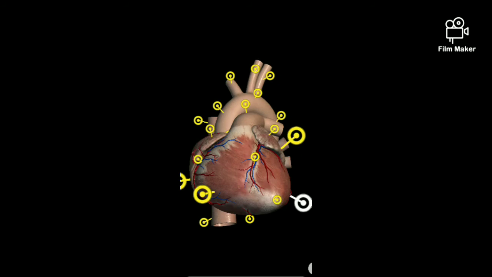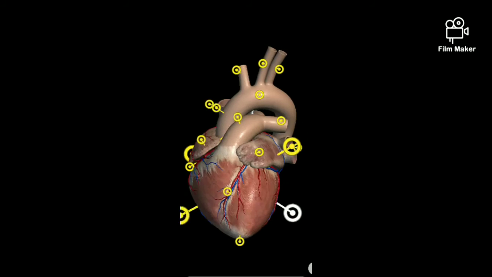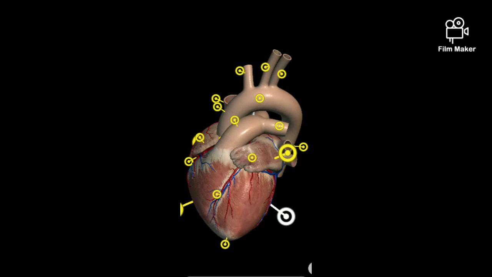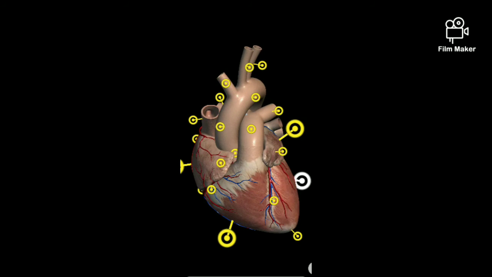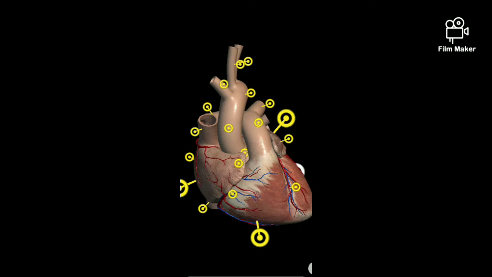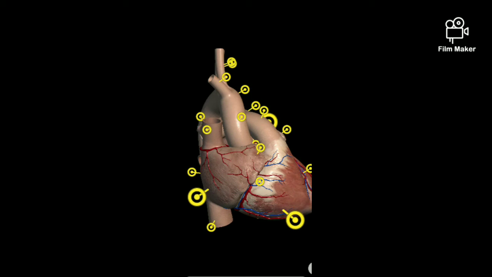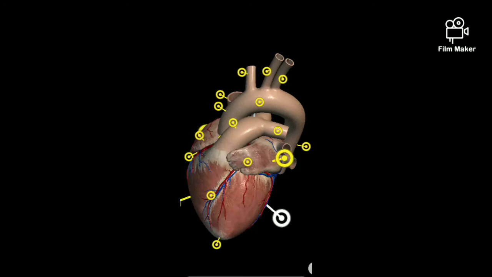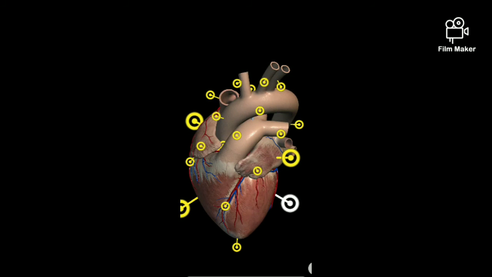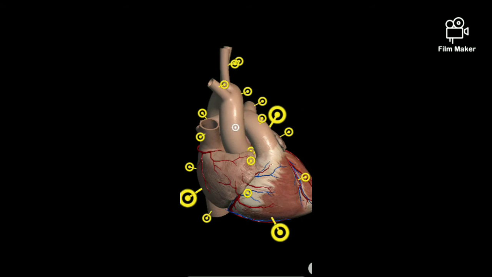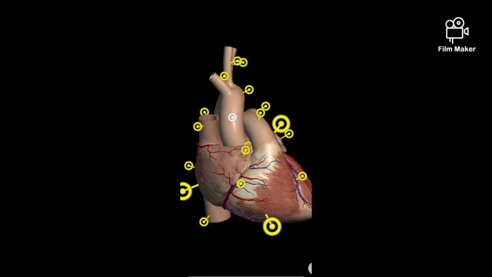Now move to the great vessels of the heart. The great vessels of the heart functionally carry blood to and from the heart as it pumps, and are located largely within the middle mediastinum. In this article, we will consider the structure and abnormality relationships of the aorta, pulmonary artery and veins, and superior and inferior vena cava. The aorta is the largest. These are the aorta, aortic arch, ascending aorta, descending aorta.